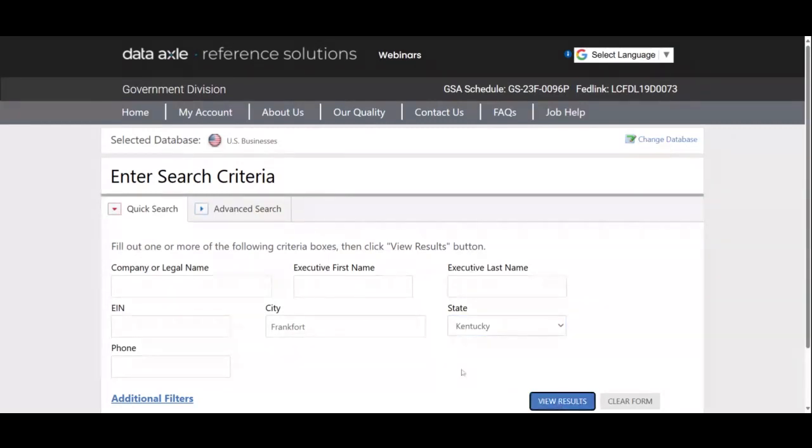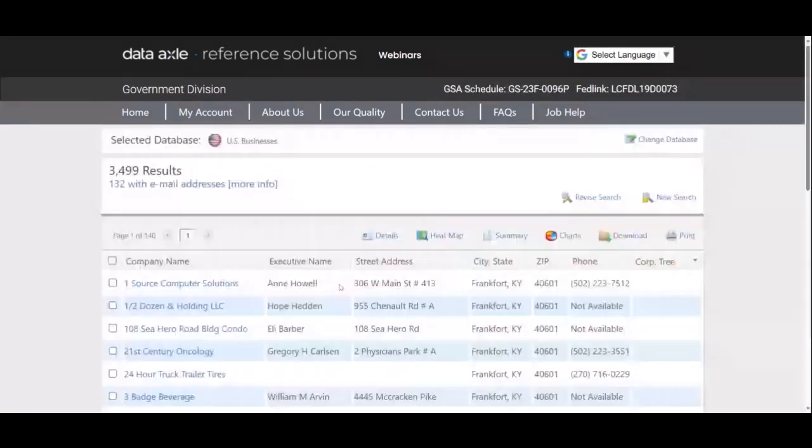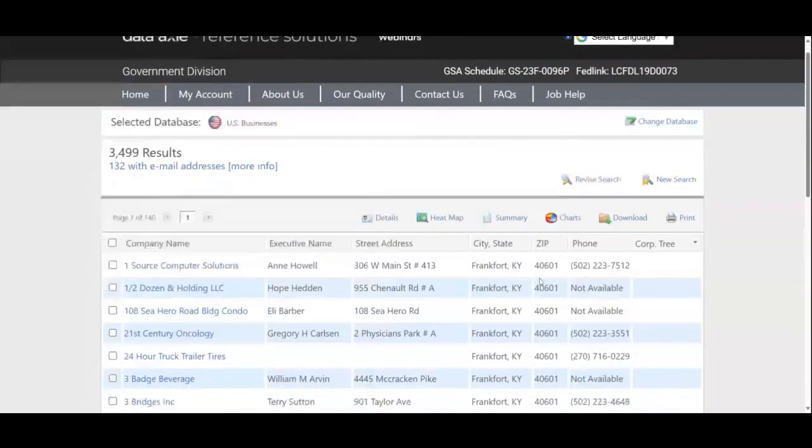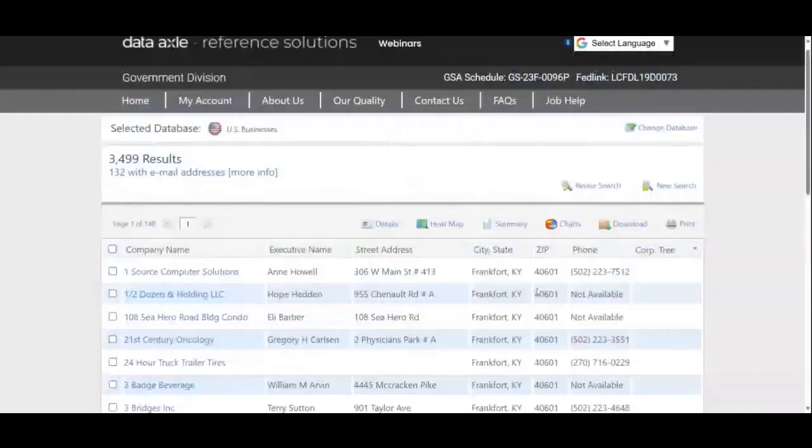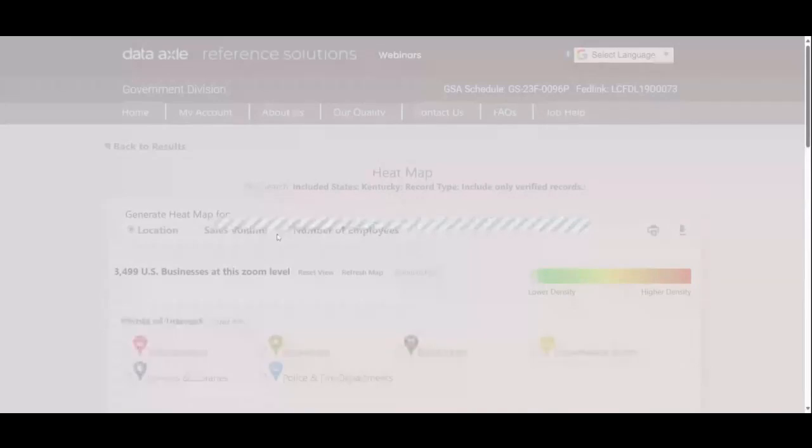And if I hit View Results, it's going to give me every business with a Frankfurt address. And so you can look through this. It gets you almost 3,500 results. And that's a lot of information to still sort through. It's possible that it could be useful. If you look at it, you can have the heat map, and once it finishes loading,